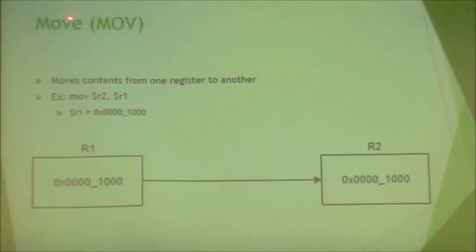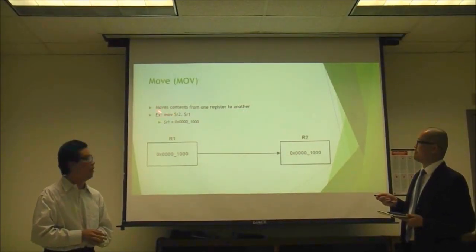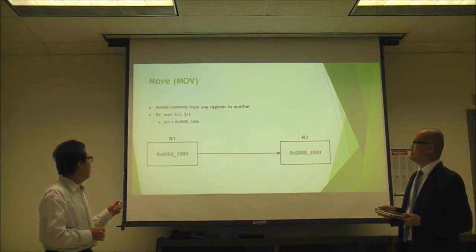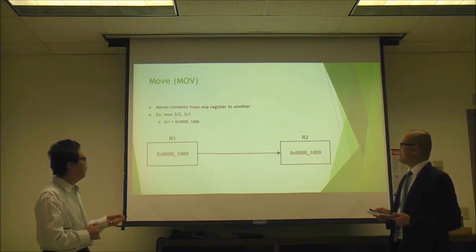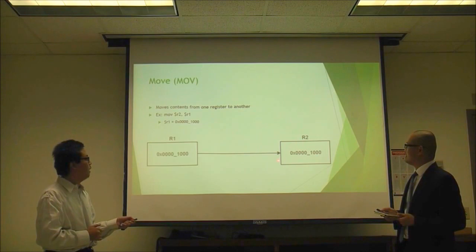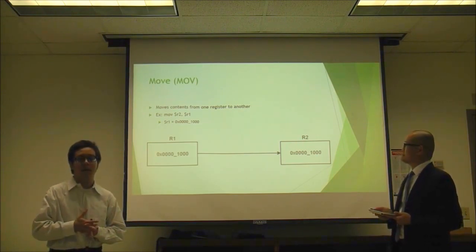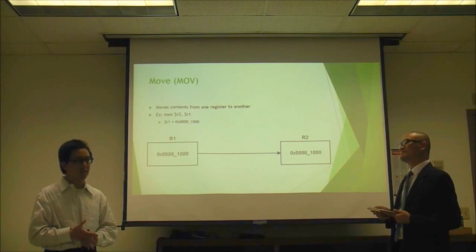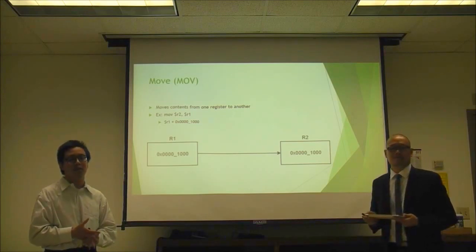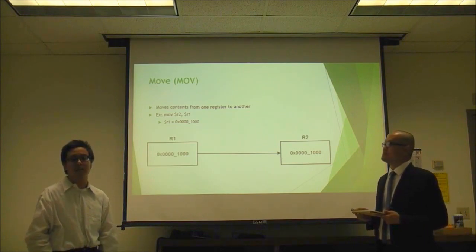And now for the move instruction, basically it moves contents from one register to another. The example we have right here is move R2, comma R1. So R1, let's assume it has the hex value 1000. After moving it, now register 2 has that value 1000 as well. Did you create a new opcode for move? What's the opcode for move? We did not use the E key, so the opcode will be 0, and the function is